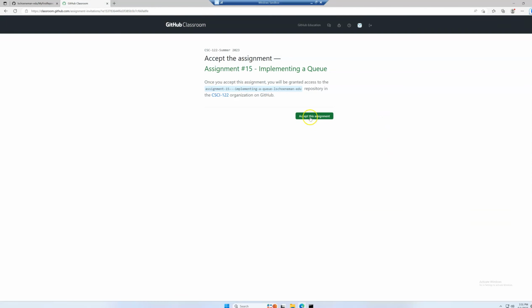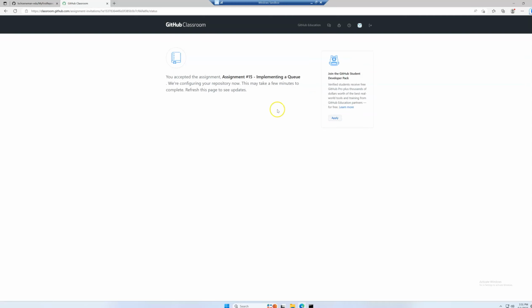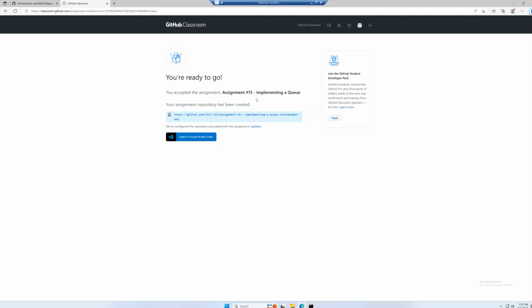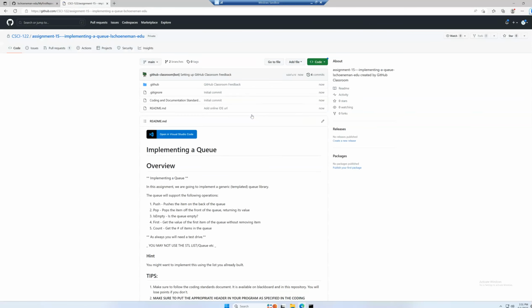This is after you give it permission. Say accept this assignment. It's going to say you're configuring a repository. It's going to build a repository that has the files you need in. This can take a few minutes. Once you get it done, click on it, and that'll take you to the repository, in which you'll find the instructions for the assignment. So, how do you get started working on it? Click on Code, copy the repository, come back out to the command line,